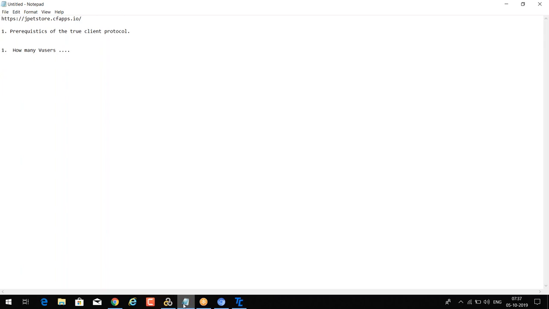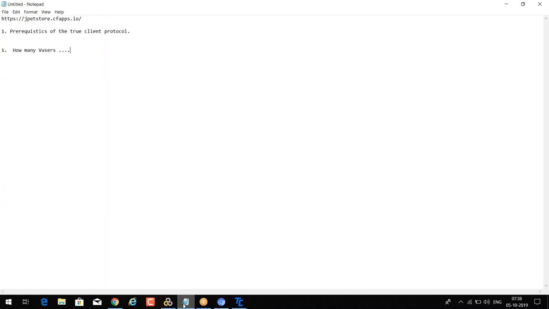So the first thing you have to ask is how many users we are going to record with the applications. If they are asking from a technical perspective, you should be a little bit good at JavaScript. The second thing is you have to ask how many users they are expecting to exert the load. If it is 500 and there is one with more than 1000, then you have to be concerned with the license as well, because the cost is a little bit high.